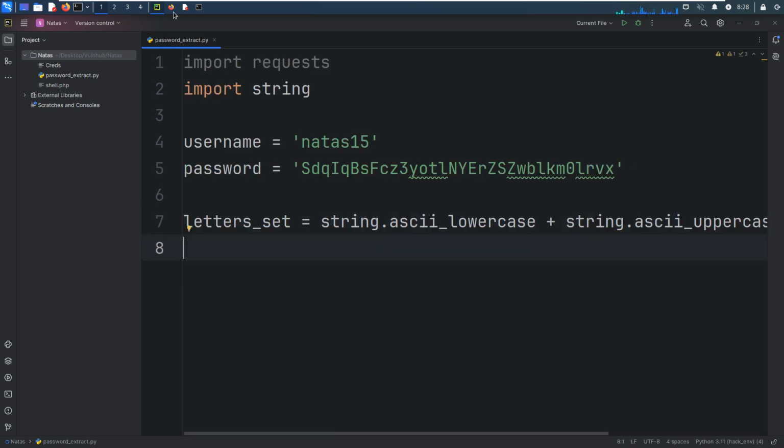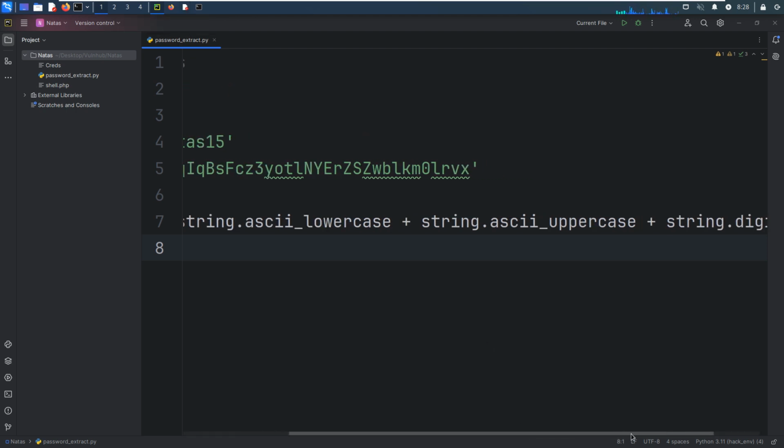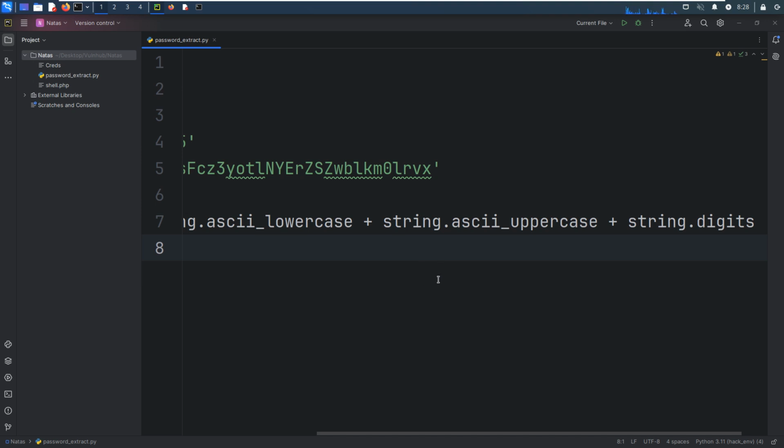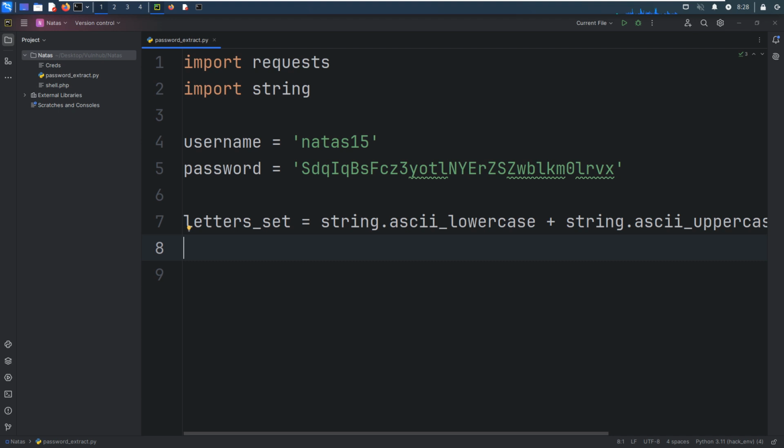In this case, the password will not involve special characters, okay? So I think it's enough for our data set. And now we can move on. Next we can define the variable Natas16, and we can start from empty.